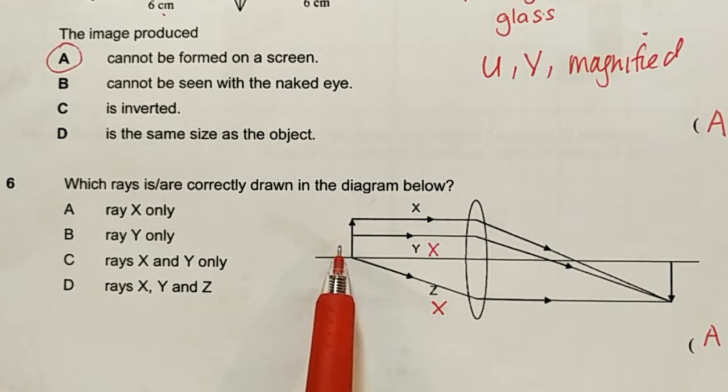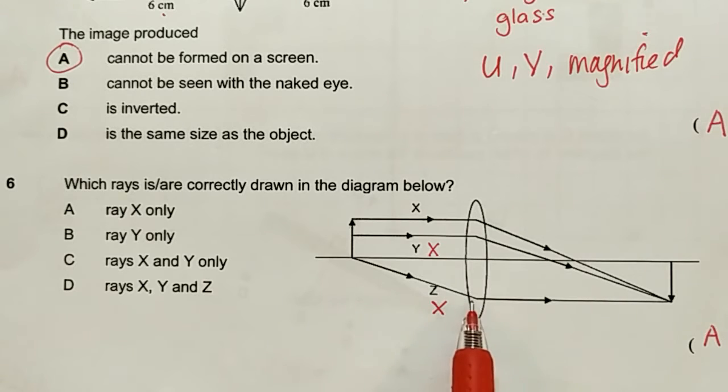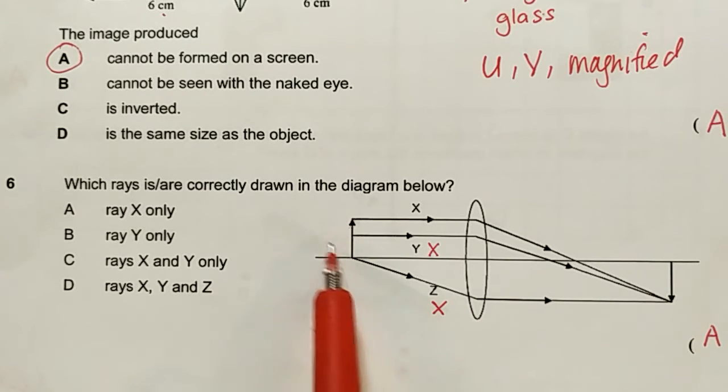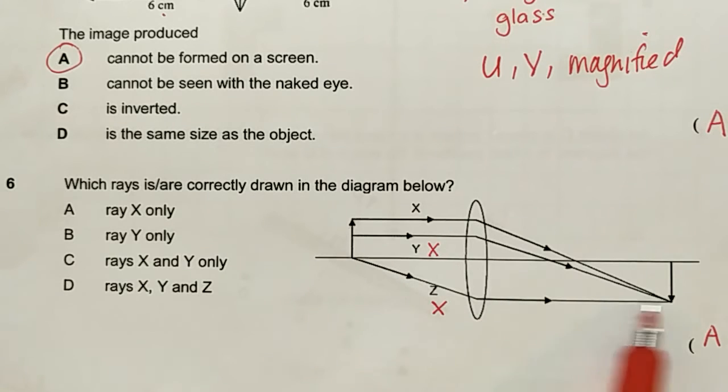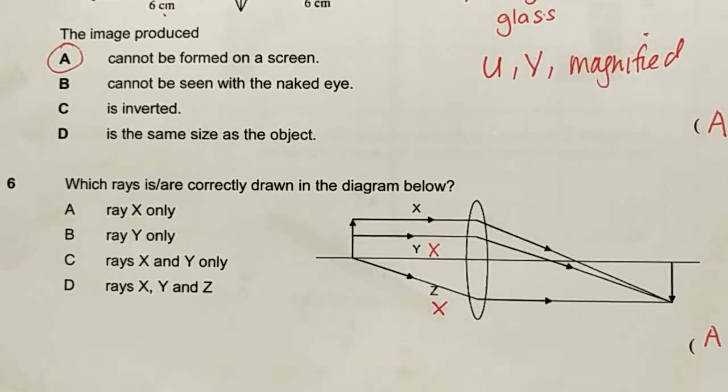And anyway, we also know that this ray is wrong because they didn't say that this is the focal point. So only light rays that pass through the focal point will become parallel. Therefore, Y and Z are wrong and only X is right. So the answer is